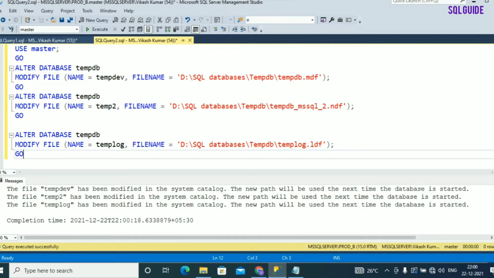Same for the secondary data file temp2. The new path will be used the next time the database is started, because tempdb is recreated each time the MS SQL Server service is started.